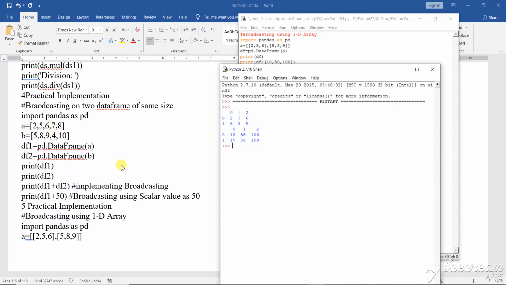Now here, I have used one single one-dimensional array, and I have converted it into a data frame. Obviously I have to convert it, or you can say it is a series or dictionary that has been converted into a data frame. And after it has been converted into a data frame, here the array,